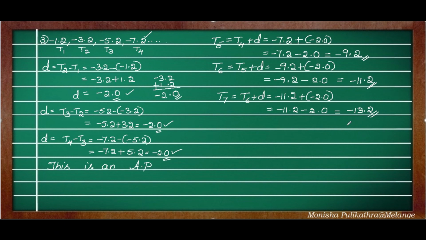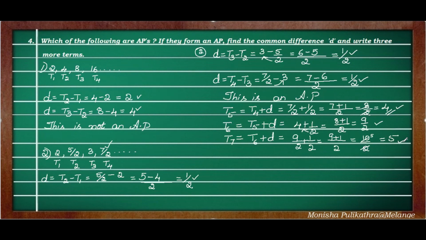Okay. If you want the calculation, I will do it. Minus 11.2 minus 2.0. Here 2 minus 0, minus into minus, you need to do addition. Minus into minus is plus. So 2 plus 0 is 2 itself. Write the point as it is. 11 plus 2, 11, 12, 13. Okay, 13. The larger number is 11.2 and the sign is minus, so you write minus here. In the same way, you need to calculate these two. So this is the third problem. Moving on to the fourth problem. This problem.